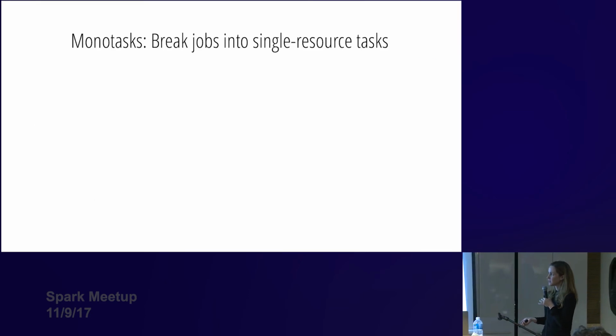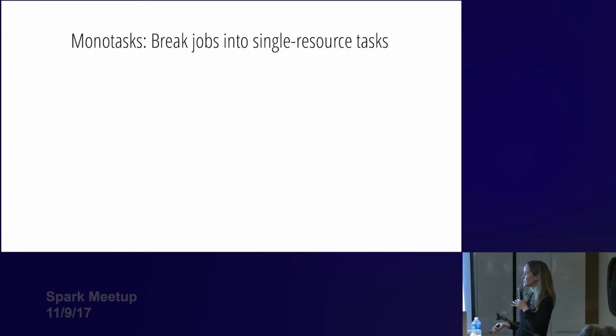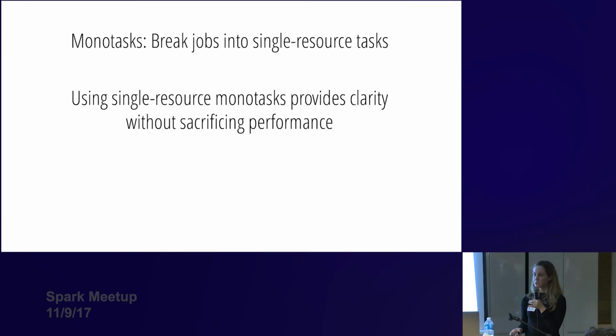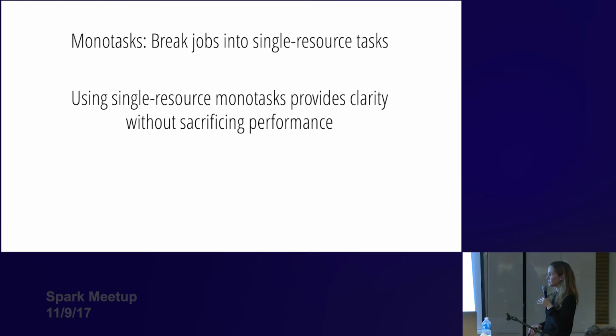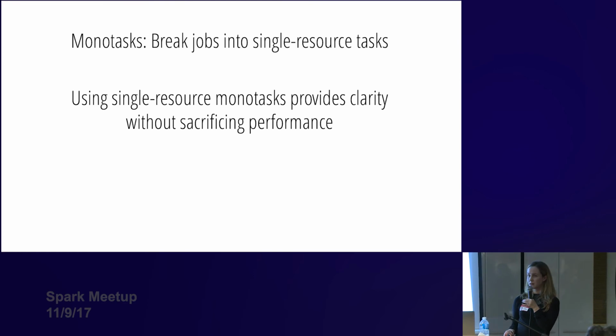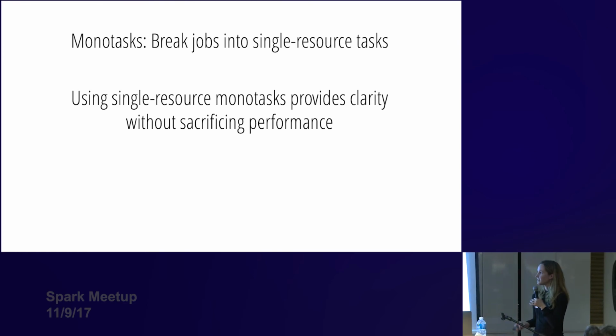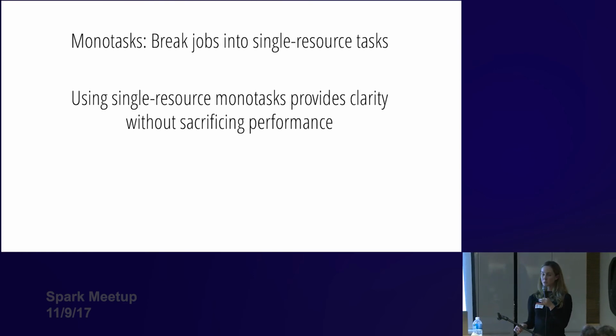So the high-level takeaway from this project is that if we break jobs into single resource tasks, we get this performance telemetry that's very useful for providing metrics to users to understand their workloads, and we can do so without sacrificing performance. Now there's a kind of major gotcha with this project, which is that the project is API compatible